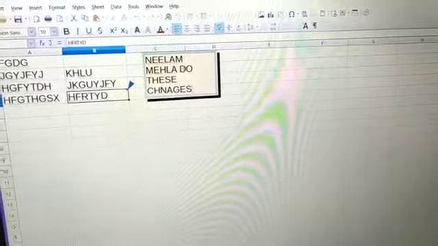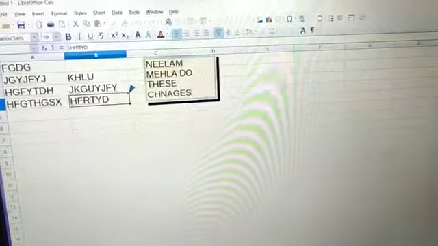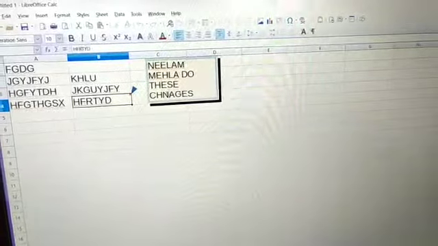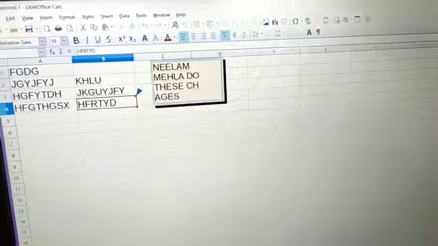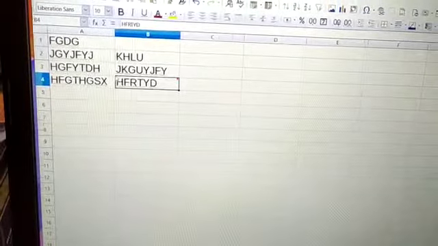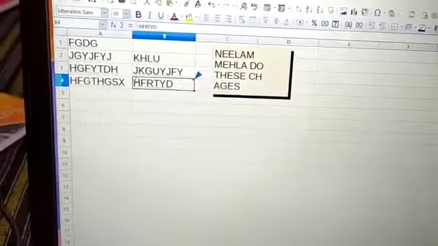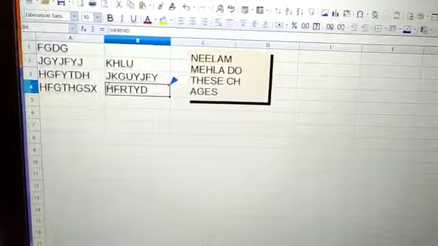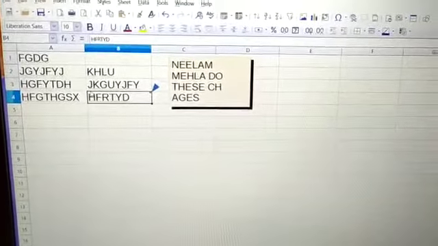Clear? Clear? This is the way by which you can edit a comment. Now again you hover your mouse cursor here. Now it's showing the edited message: Neelam Mehla did these changes.